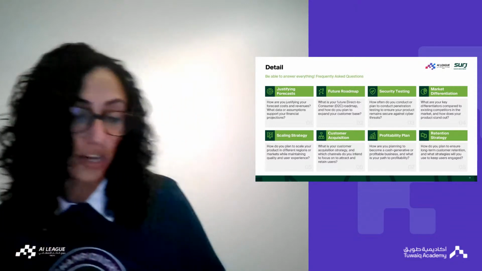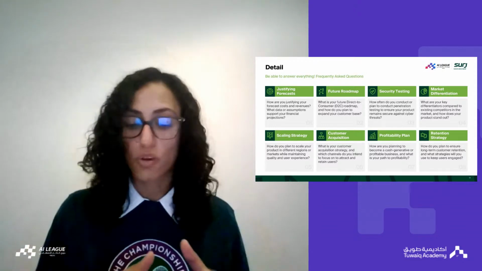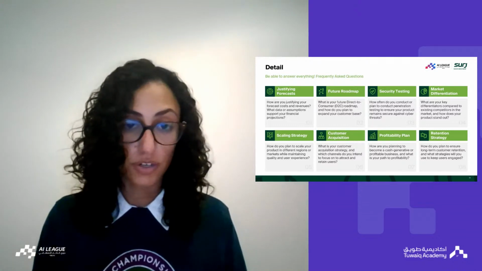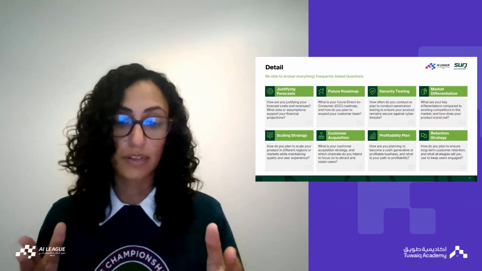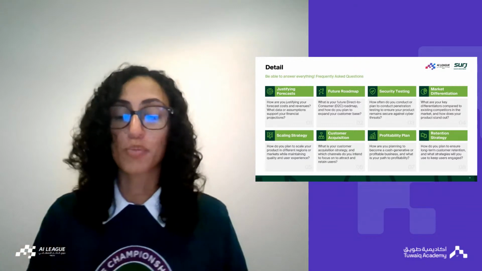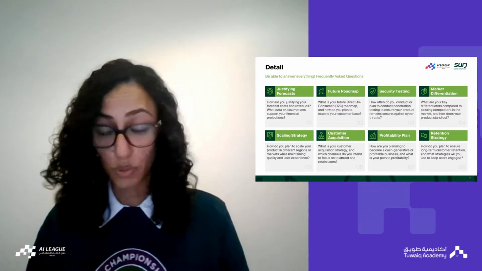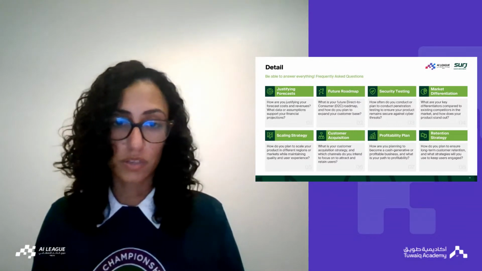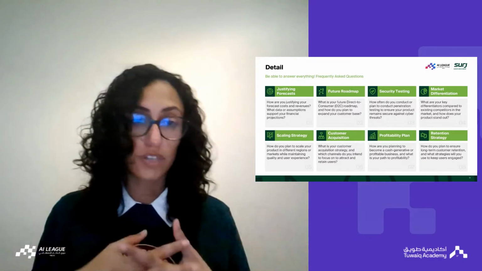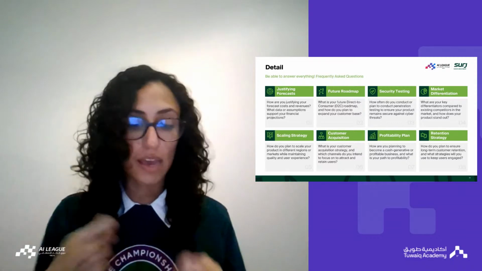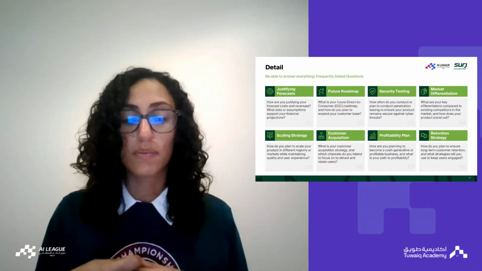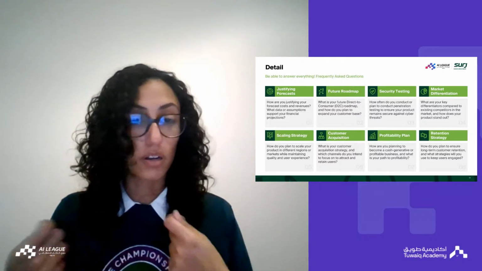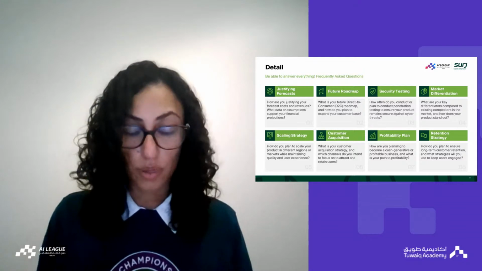Detail on your scaling strategy. So if you're starting, and this is all very, very high level, with one feature set, how are you going to scale that feature set? How are you going to be able to expand it? Or how are you going to be able to take your product from a single sport to multiple sports, or from a single ecosystem to multiple ecosystems? And if you do that, how are you going to interconnect them, etc.? So again, being able to answer questions on how you're going to scale is going to be extremely important for you.